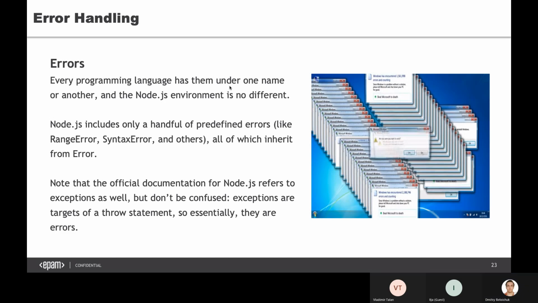What is handling? Essentially, errors are things that happen in our application. They could be random, like something went wrong and our application just crashed, or some error appeared and it was okay, the application just kept working, nothing happened. So what do we actually want to achieve? Do we want to rely on our application always running correctly without any errors, and if one happens, just restart it? Like, why bother? Or do we have some way of notifying that something went wrong